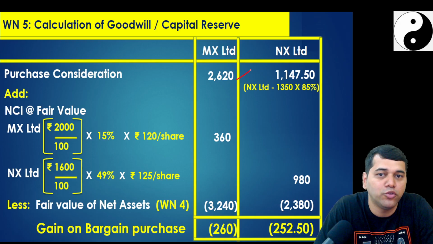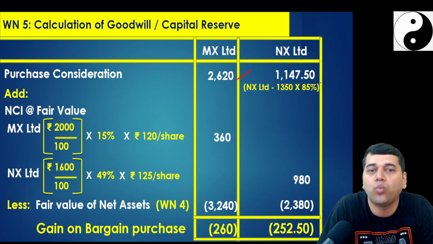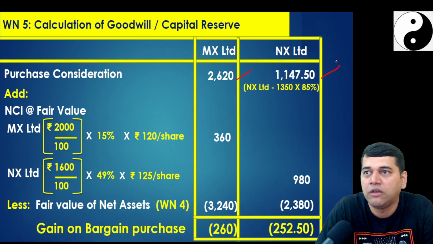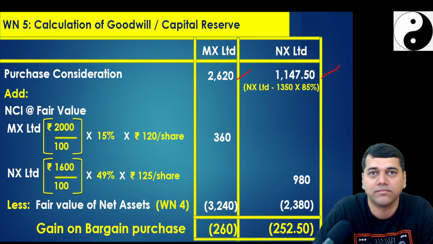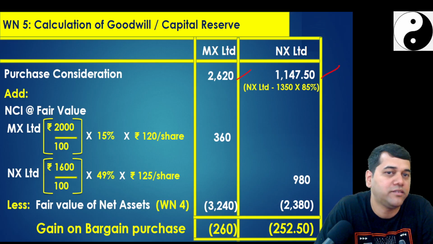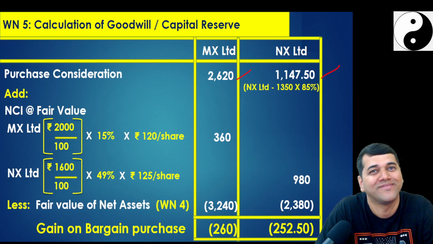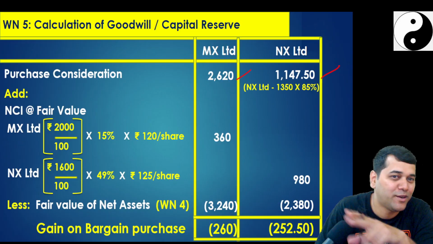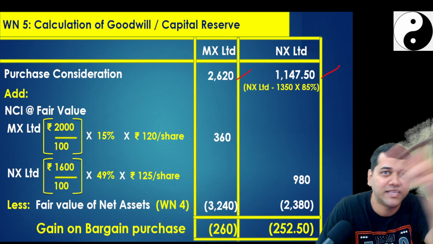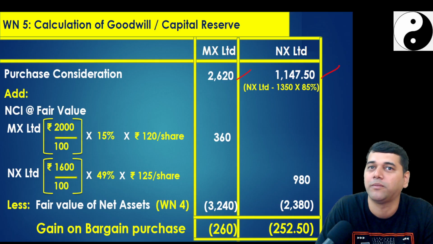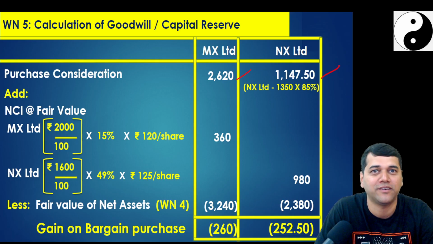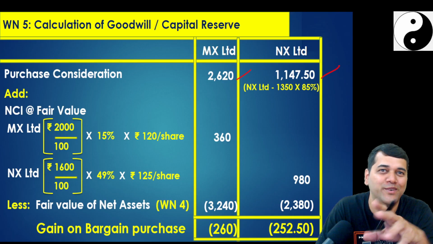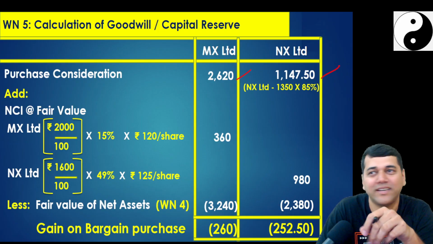Purchase consideration 2630. Did you write 1147.50? One more catch area. Yes, any mistakes here in 1147.50? Same mistake that you have taken, I think, their investment portion. Anyhow, no problem. This should remain in your mind because we would have discussed this question before. You would have set it correct.